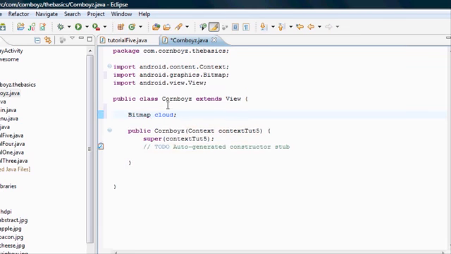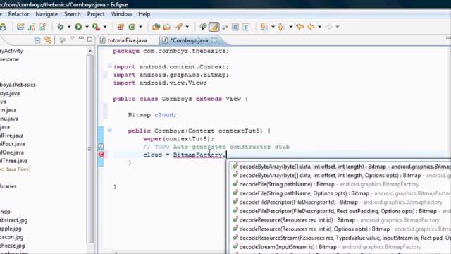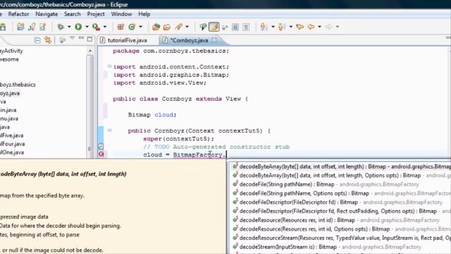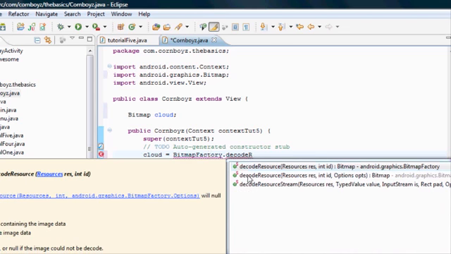I'm just going to hit import cloud, and now within this constructor, we're going to say cloud equals, and then we're going to set up basically the bitmap that we want. We've kind of done this before, I believe. So it's going to be from the BitmapFactory. We're just going to hit dot decode resource,